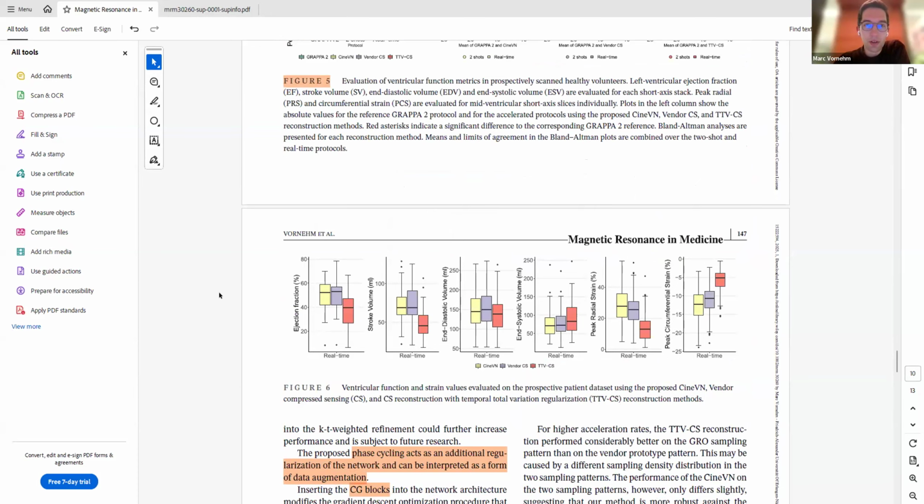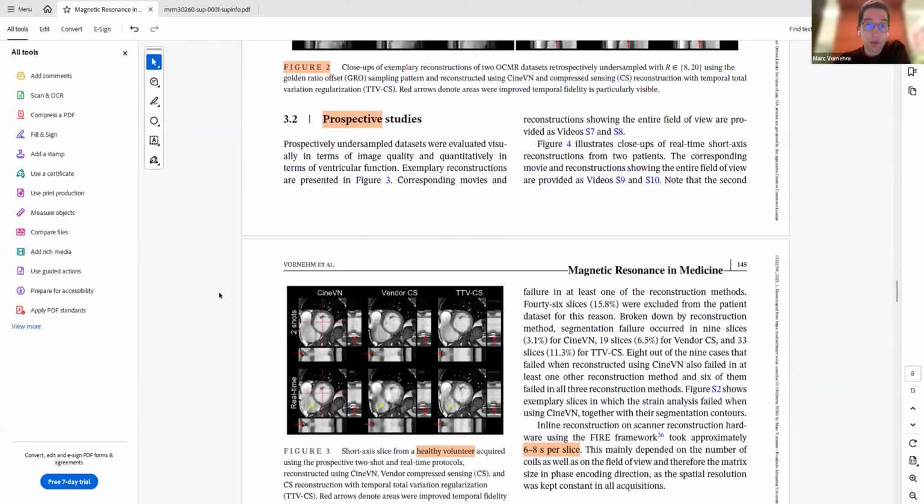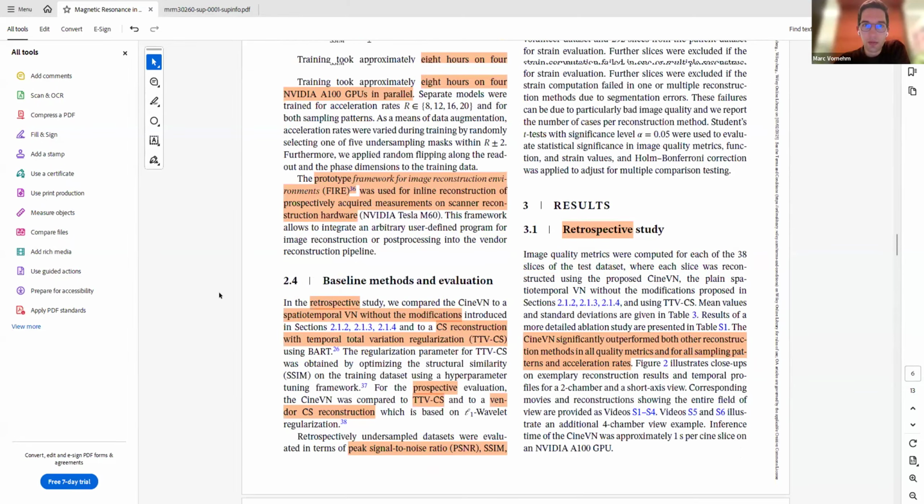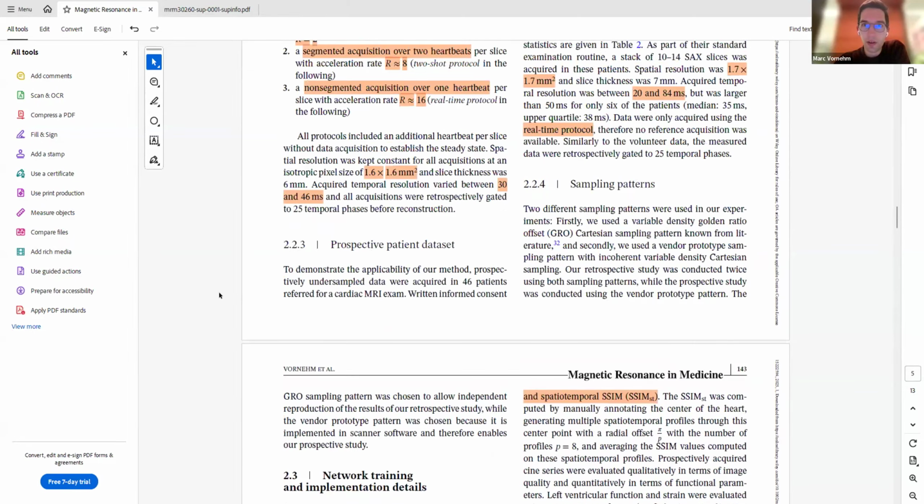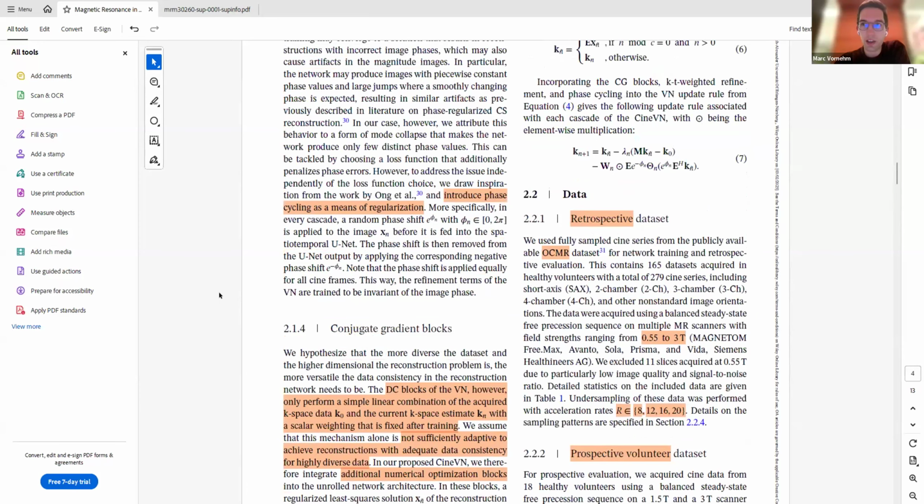And I would like to evaluate further which of the changes of the architecture are actually most relevant for the high temporal fidelity that we have in the end. So all of them improve the reconstructions on the retrospectively undersampled data, but I'm not sure which of those modifications gives the most benefit in terms of functional metrics in the end.